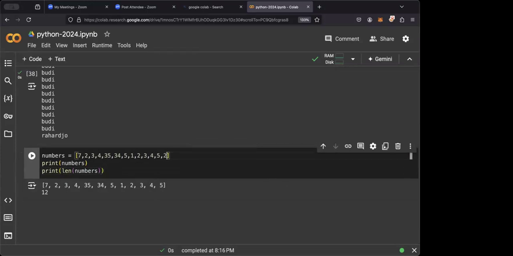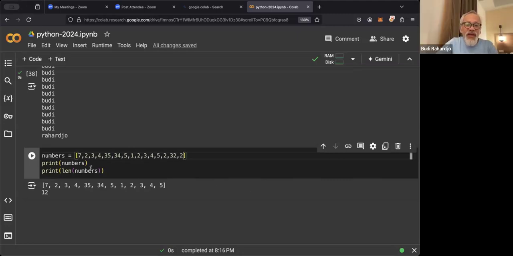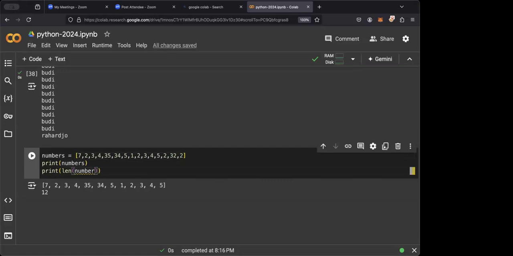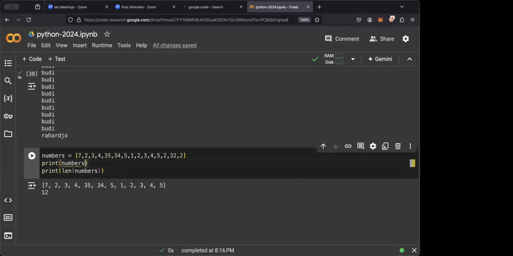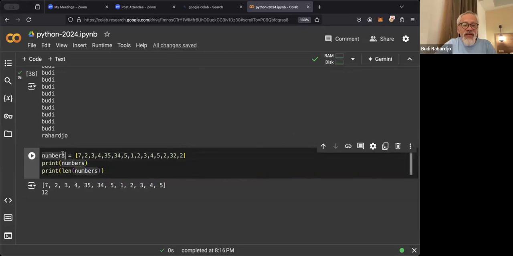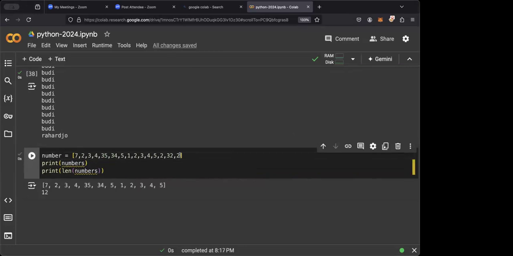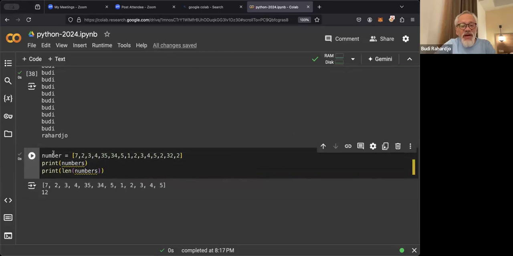It will be an error because number and numbers are different. I just want to check the sensitivity of this code. It should be different because numbers and number are different.